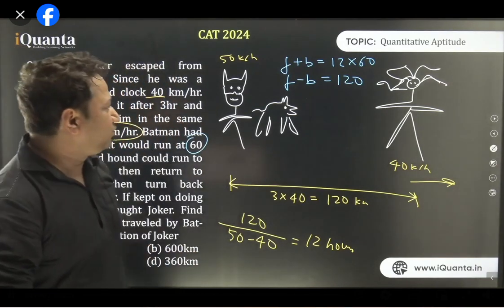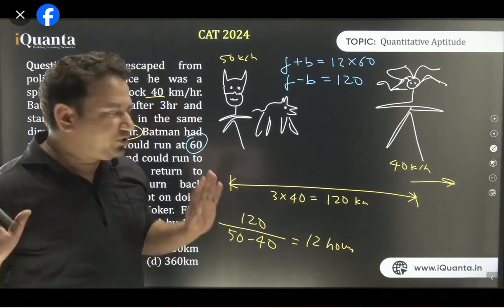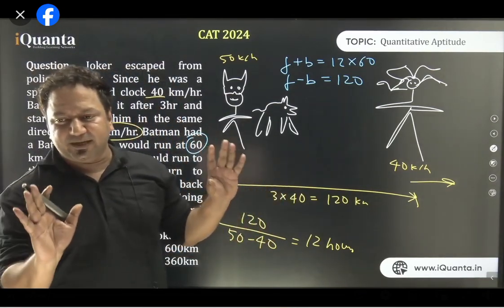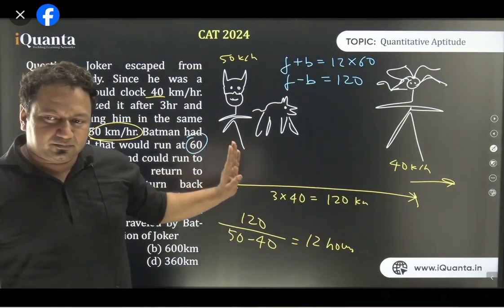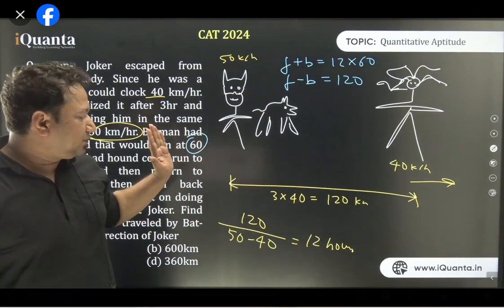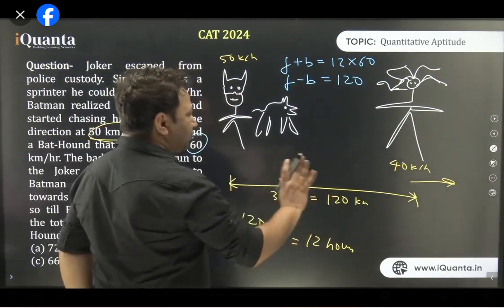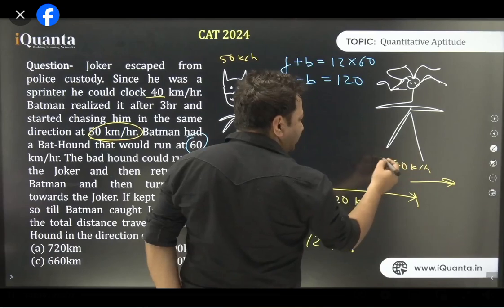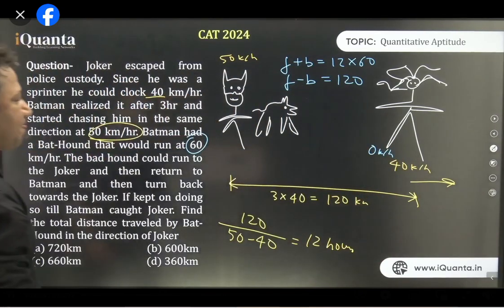Should I explain F minus B? Tell me one thing, think about it, forget everything. Now I'm coming to how F minus B, the thing that people are asking again and again. See, what if I assume that Joker has stopped running at all? Let us assume that Joker is not running. Joker is at 0 kilometers per hour. He's not running at all. Meaning after running for 3 hours, he did not run at all. After 3 hours, he has not run at all.